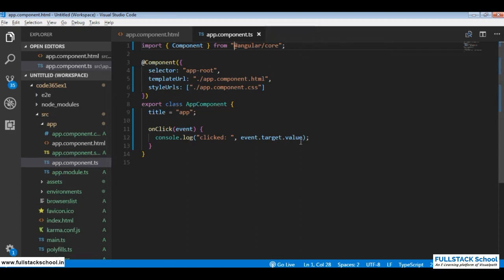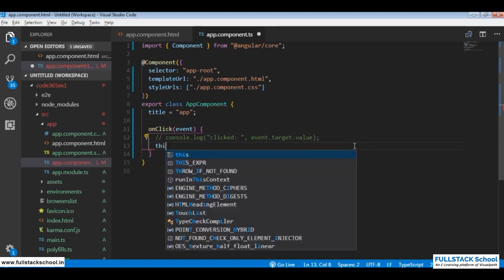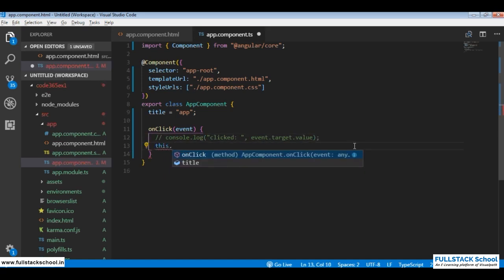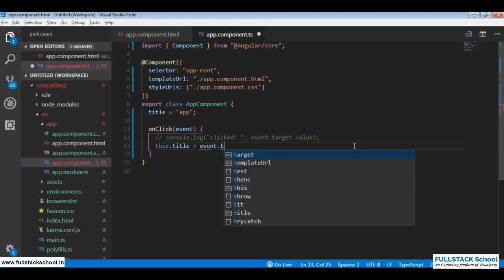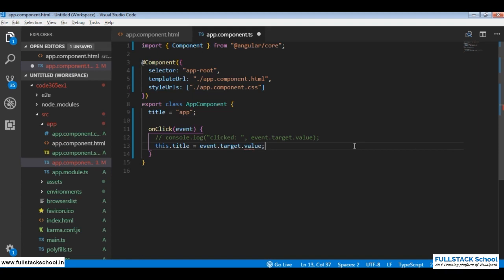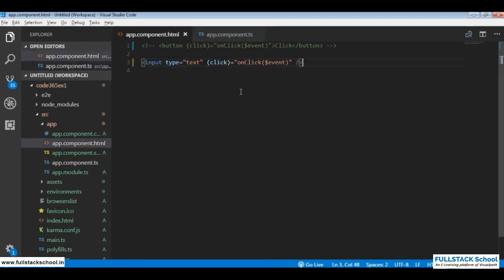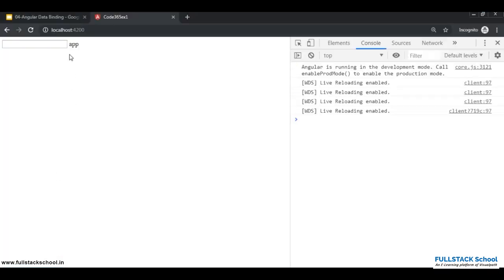And so instead of having it displayed on console, what I'll do is I'll say this dot the property title equal to event dot target dot value. Now I'll save it and I'll have string interpolation again, and I'll say title and save this. Now